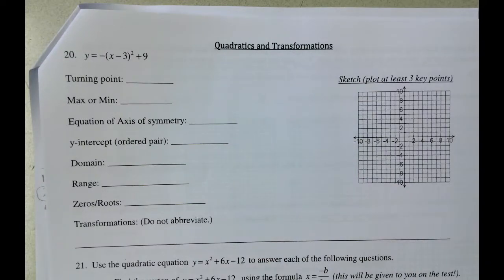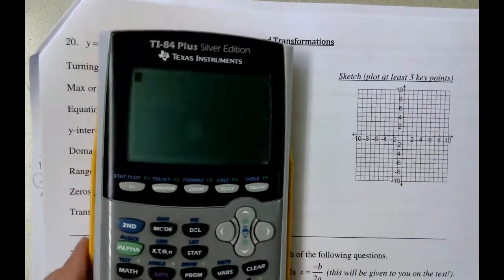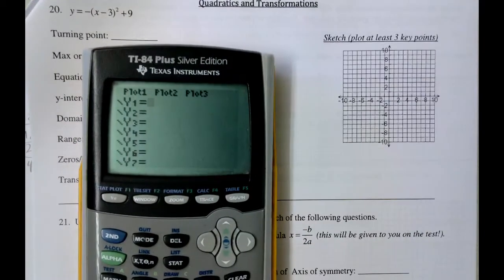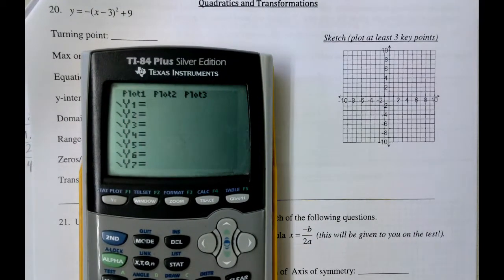On problem number 20, we are going to find all these little pieces of the graph, and maybe it's best if we start by typing this function into our calculator. So if we come over here to the calculator, we're going to go to y equals, and we're going to type in the function, which I need to be able to see. So it's going to be negative, parentheses, x minus 3 squared,